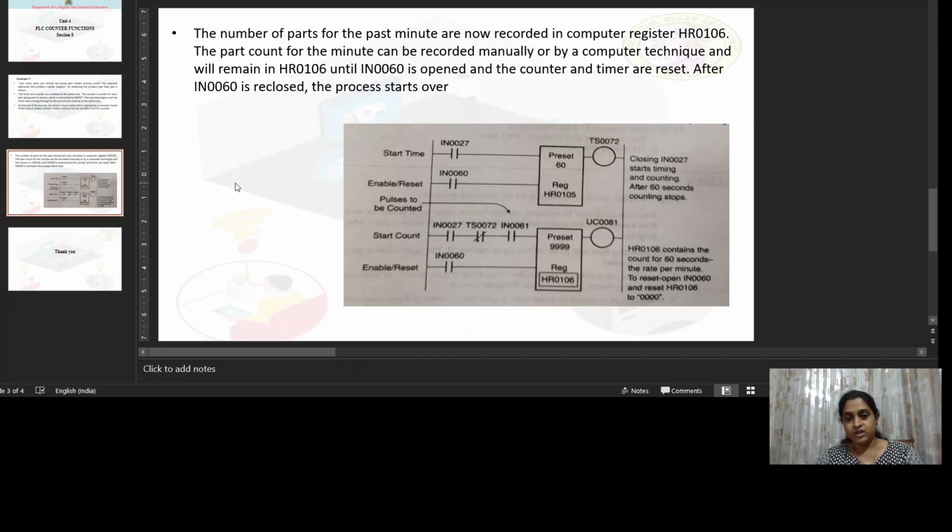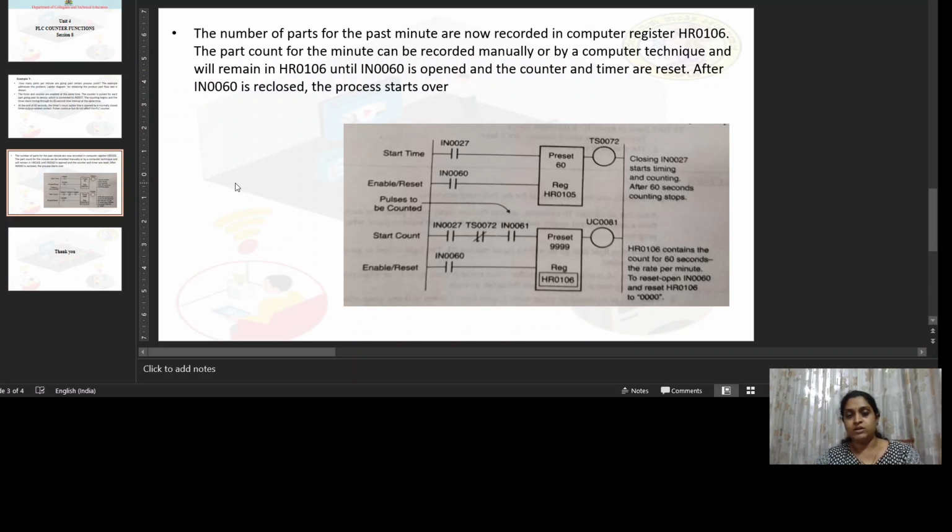In the second line of the ladder programming, I have taken an up counter. Here, the preset value is arbitrarily taken as the maximum limit.